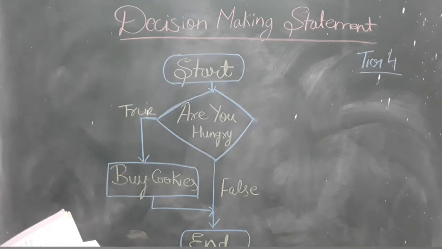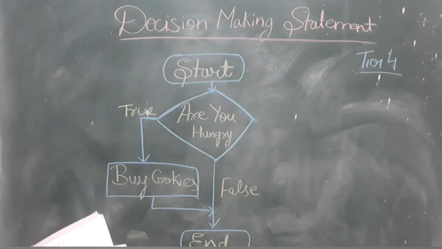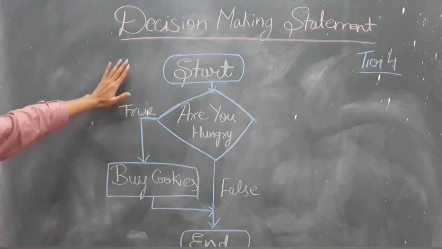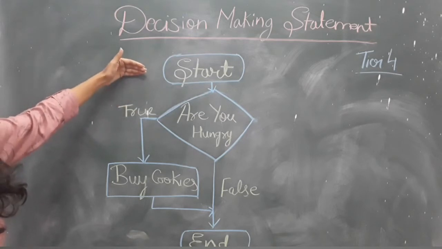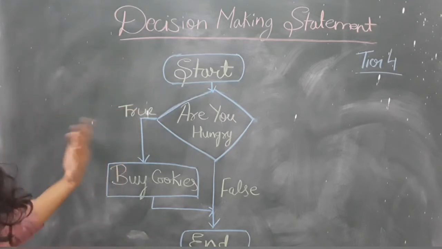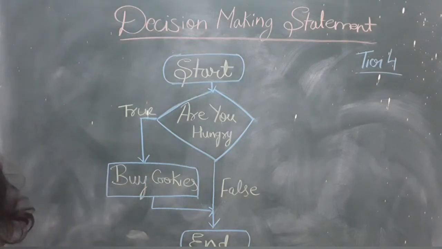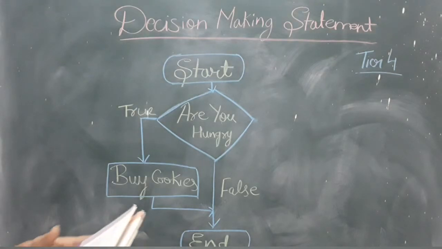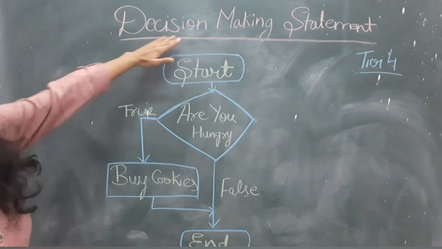There are many situations when we need to change the order of the execution of the program. Okay, so this involves some decision making to check whether a particular condition has occurred or not. Whenever we are writing some program, there are certain statements where we need to decide which one to execute first and which one to execute afterwards. Okay. So computer programs make decisions using certain statements called decision making statements.